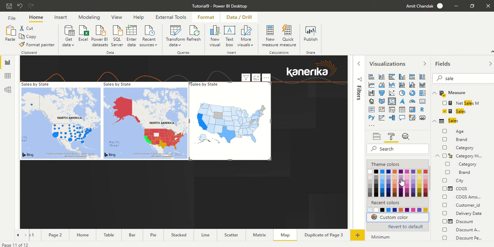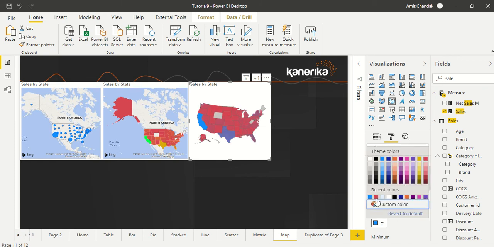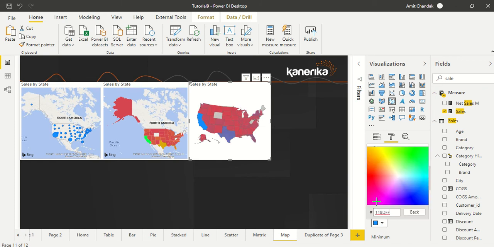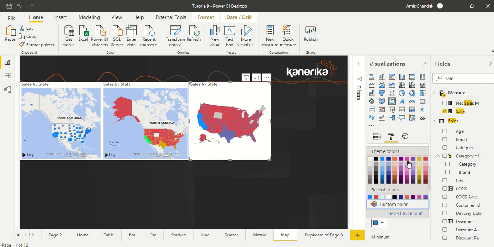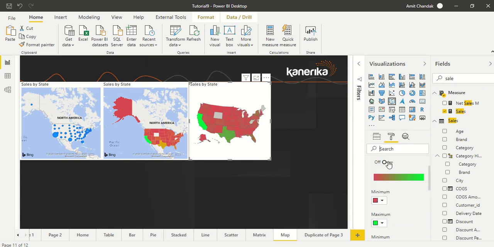If we want a similar kind, we choose red here and then green here. The diverging option is also here, so we can do a similar kind of coloring.